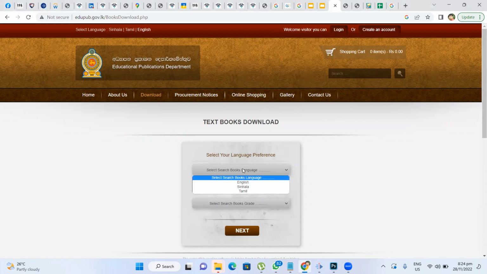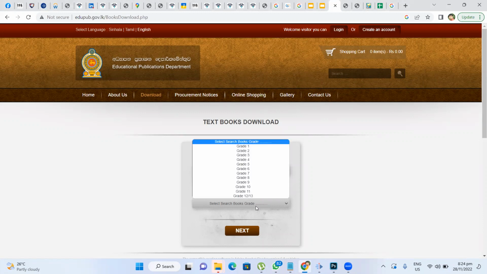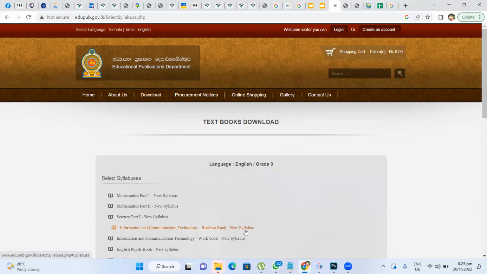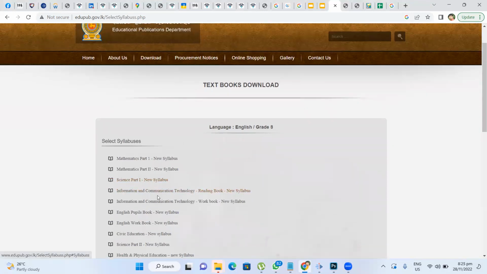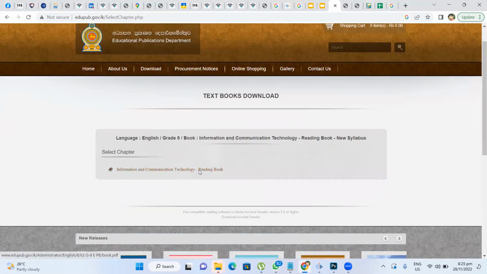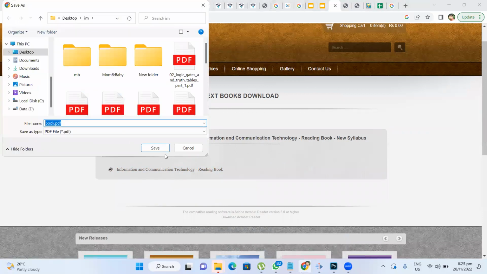Then select the language as English. Select the grade as grade 8, right? English for grade 8. Click next. Then click on the Information Communication Technology Reading Book, new syllabus, this one. After that, you will again see the same. Then right click on this and save link as, and then you can save the book into your